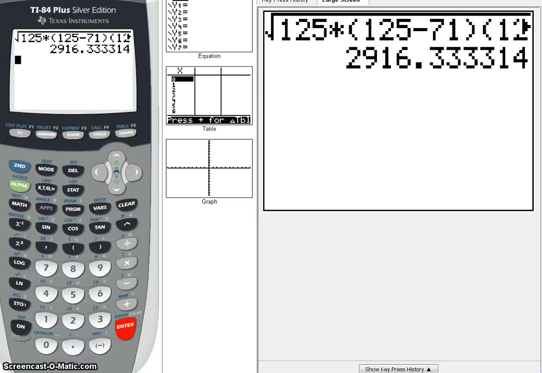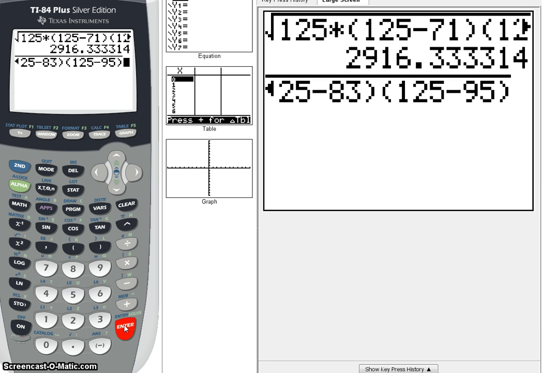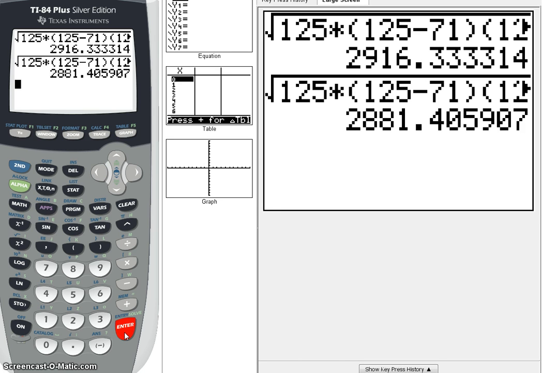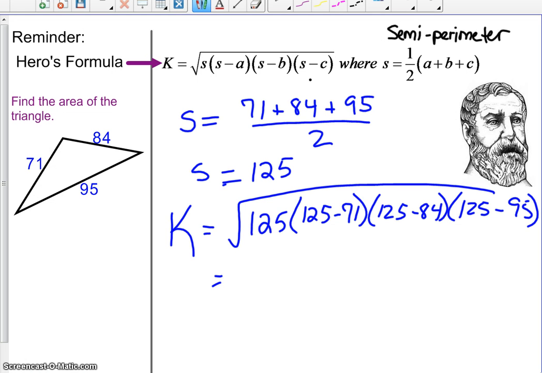People, I put 83 instead of 84. I have to go back and fix this. This is a good thing. I can go second enter, and it's going to enter in everything. And I'm realizing that right here, I put in an 83 instead of an 84. I'm not even sure why I did it, but this is a good example of how we can solve it. Now if I hit enter again, 2881.4, now that seems reasonable. So our answer here should have been 2